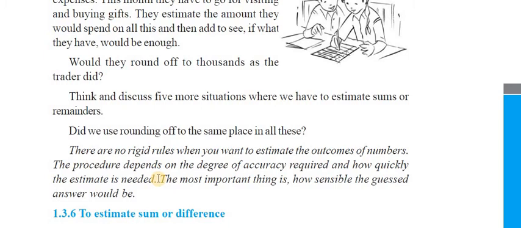Okay, for example, I have 500 rupees. I want to buy so many things. Instead of purchasing so many things, I have only 500, so roughly I'll take 2 or 3 things and then I'll come out, because money is not sufficient with me. In that case, we'll go for round off, and the trader also rounds off. But if I want to purchase a ticket, I should not go for round off. If I give the rounded-off money, will the ticket person take it? No. So he is asking for such situations. You just think about 5 more situations like this.